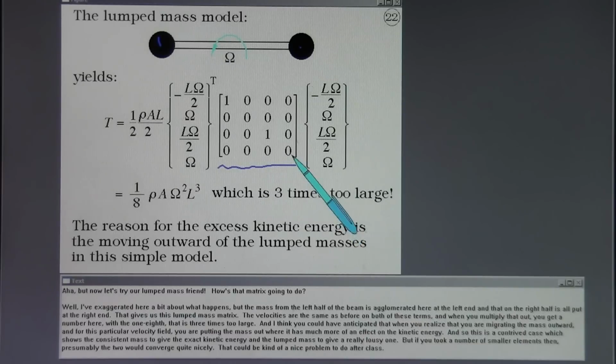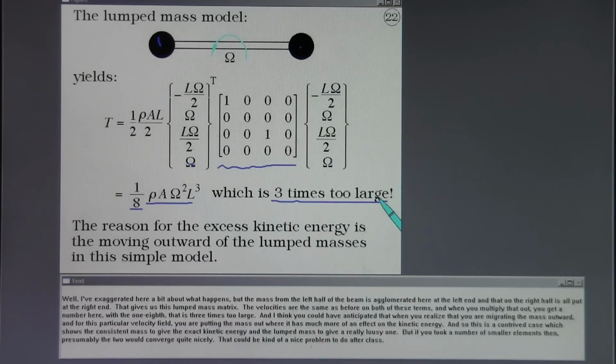The velocities are the same as before on both of these terms. And when you multiply that out, you get a number here with the 1/8 that is 3 times too large. And I think you could have anticipated that when you realize that you are migrating the mass outward. And for this particular velocity field, you're putting the mass out where it has much more of an effect on